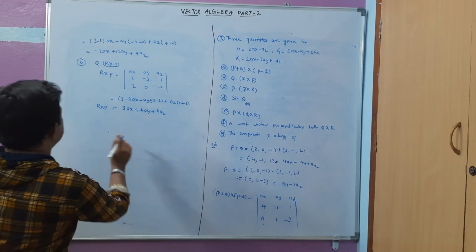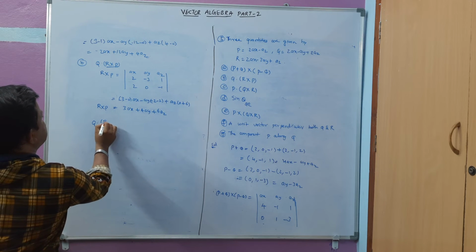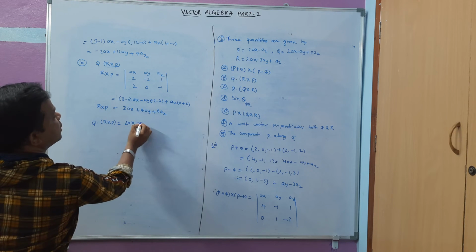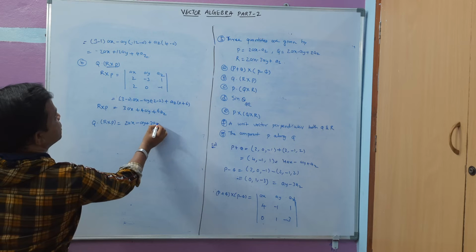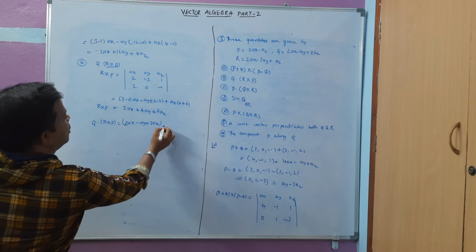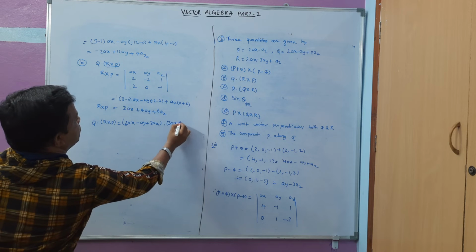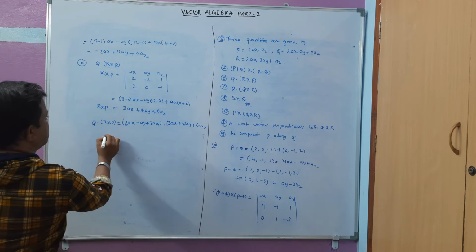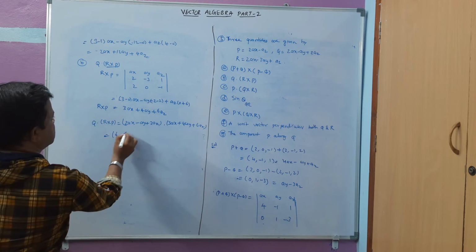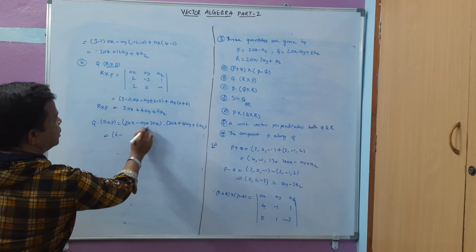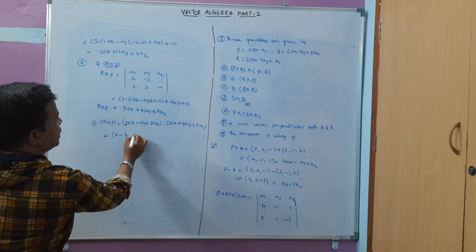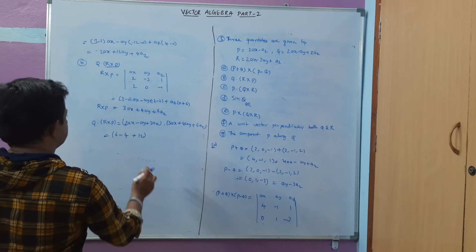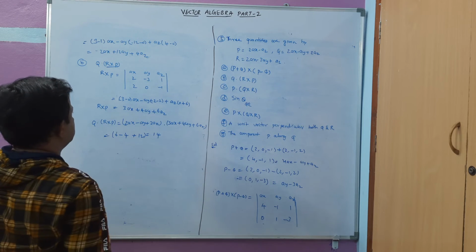Now I have to take the dot product, q dot r cross p. What is q here? 2ax minus ay plus 2az. Next, dot this one, 3ax plus 4ay plus 6az. ax dot ax is 1, that is 2 into 3 is 6 here. ay dot ay is 1, minus 4, plus 6 to 12 here, az dot az is 1. So this will give me 14. The result is 14 here.